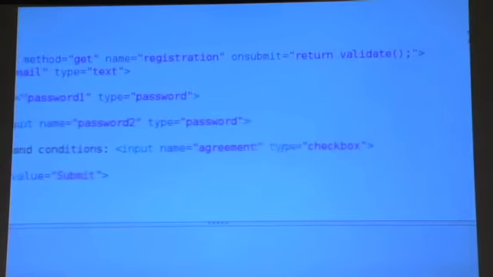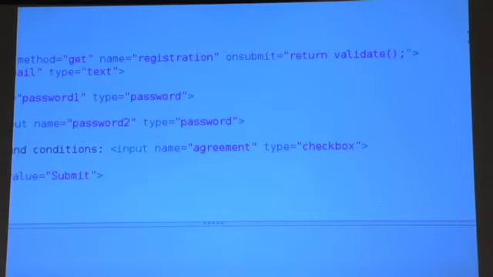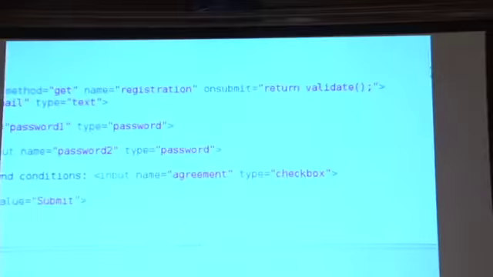But notice this too, another HTML attribute. OnSubmit equals quote unquote return validate. So we seem now to be calling code inside of an attribute's value in HTML. And we'll see that there's actually cleaner ways to do this, and we'll get there. But for now, this seems to be saying call a function called validate with no arguments, and then return its value. And what HTML is designed to do is if this function, validate, returns false, the form will not, in fact, get submitted. Only if that function returns true will the form proceed to go to the server.